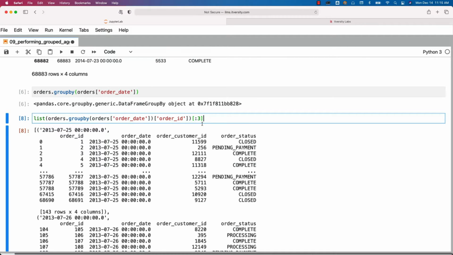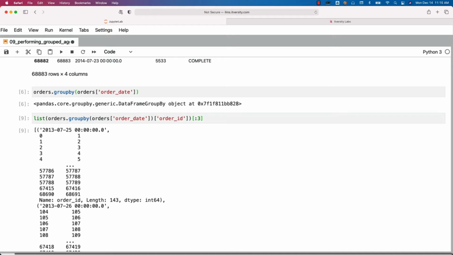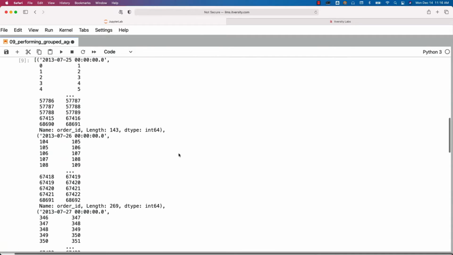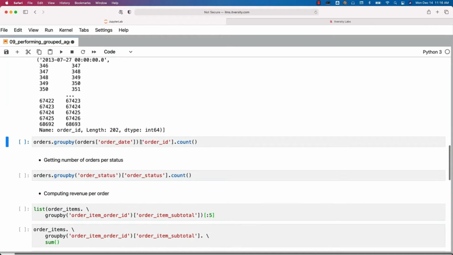Just to understand it, I validated by converting to a list and then accessing the first 3 elements. As part of our data processing, we should not be doing this. This is primarily to understand the underlying implementation aspects of these group by operations. Now, as you got the group by data frame, using that, you should be able to specify the field on which you want to perform the aggregation. In this case, we are trying to get the count.